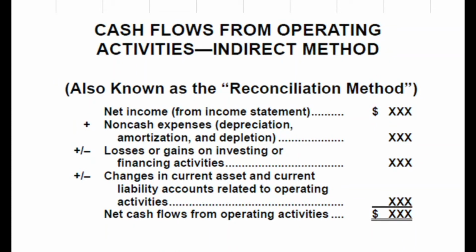Hello and welcome back. This is the cash flow from operating activities indirect method, also known as the reconciliation method. Remember, this is just a resource to help initially students to understand the statement of cash flows. Also keep in mind that explanations are overly simplified and therefore not totally correct out in the practicing world. So net cash flow from operating activities is different from net income, and you can see on your statement that we're going to start with net income from our income statement, and then we're going to make some adjustments